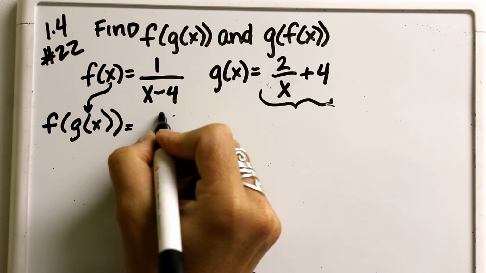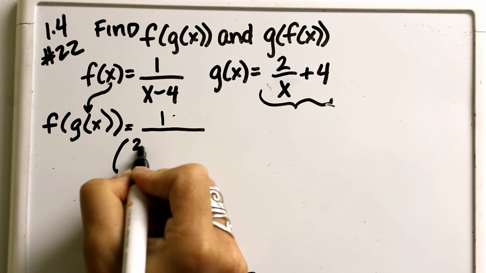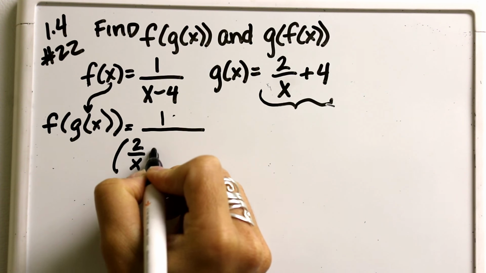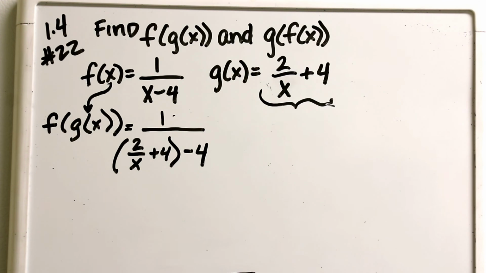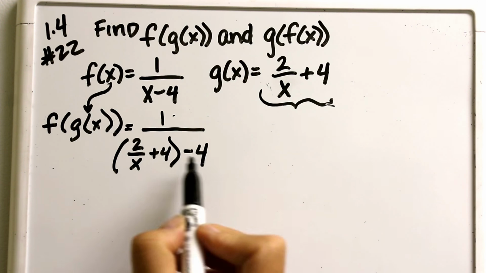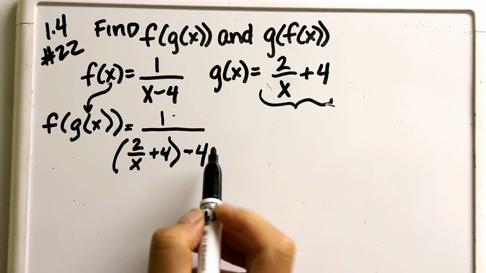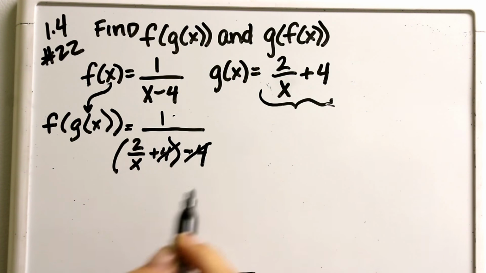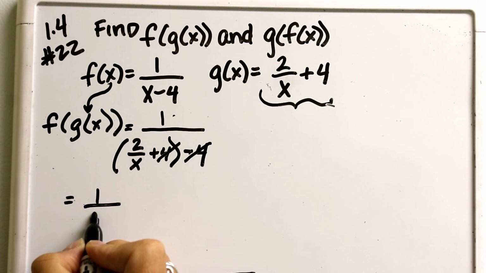This gives us this. Now we can simplify. There's nothing we can officially do inside the parentheses, so we can add and subtract. 4 minus 4 is 0. We are now left with 1 over